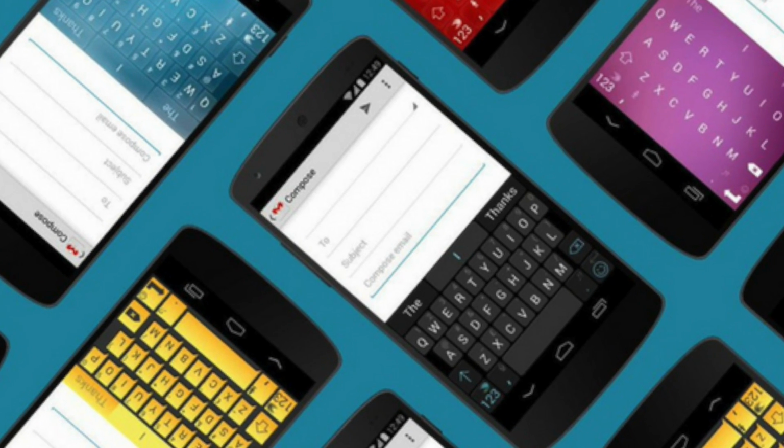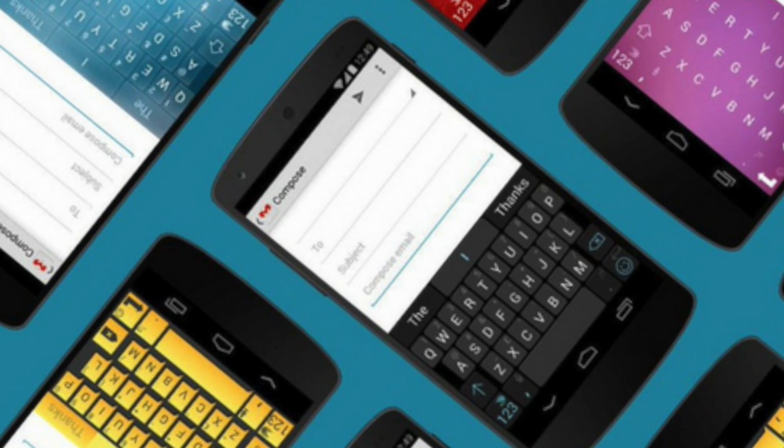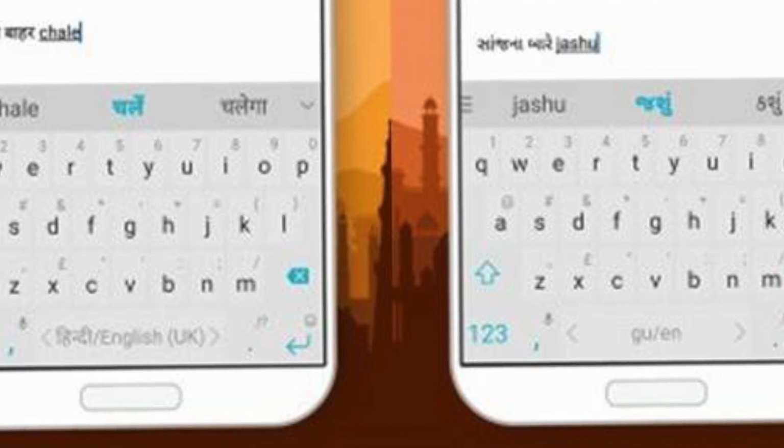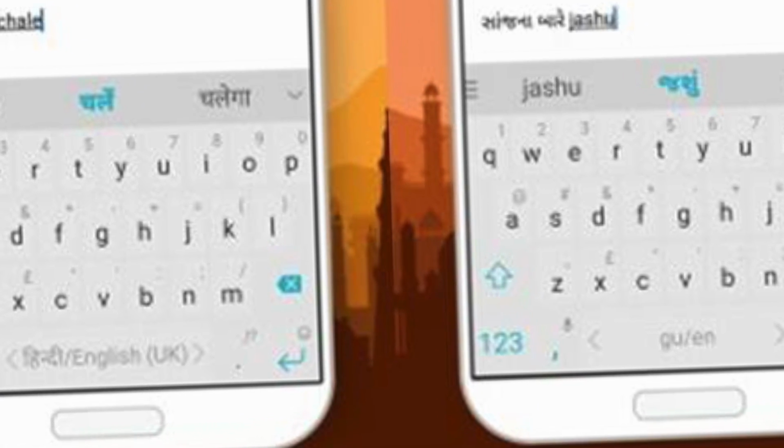Basically, what they have done here is the Swiftkey app will now support translation, the English word translation to Hindi. So let's say, for example, you're typing something in English. Let's say the basic example is namaste. If you write namaste in English, then it will automatically show in the prediction an Hindi version of the same. So any word for that matter, when you type it in English, if there is an Hindi alternative, it will show there in the predictions format, and the same applies to Gujarati as well.